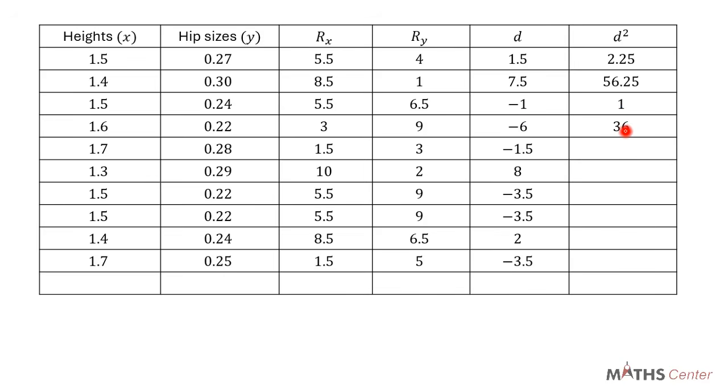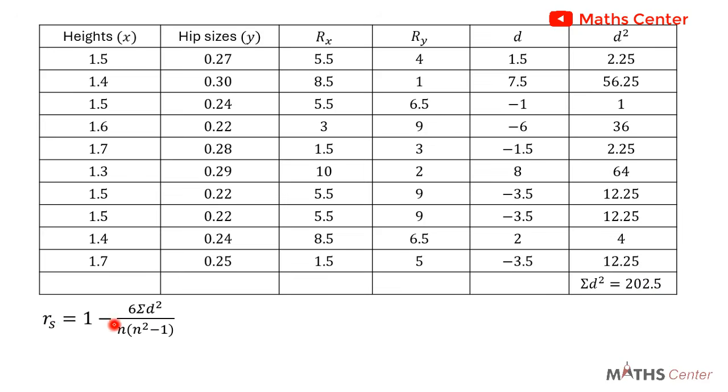Negative 6 squared is 36. Negative 1.5 squared is 2.25. 8 squared is 64. Negative 3.5 squared is 12.25. Negative 3.5 squared, another 12.25. 2 squared is 4. Negative 3.5 squared is 12.25. We need sigma d squared, and so you add all the d squared values, and that gives us